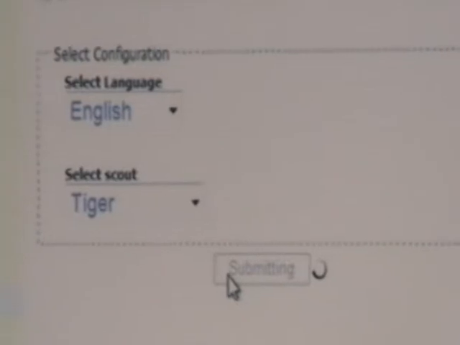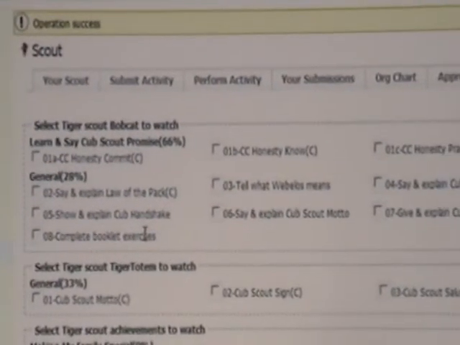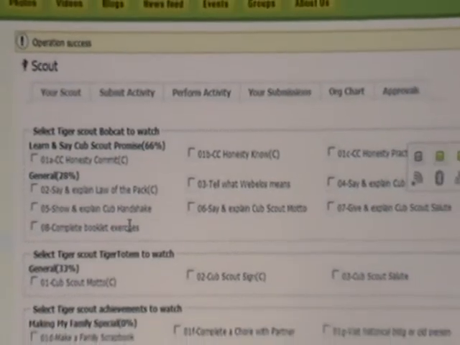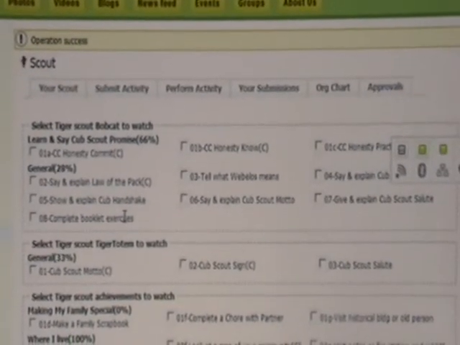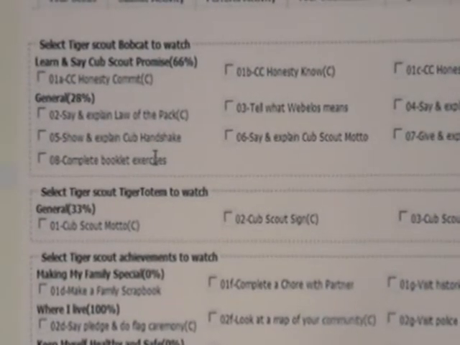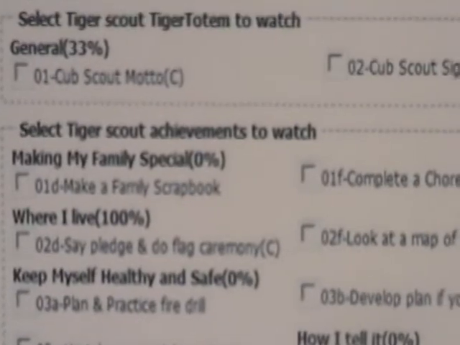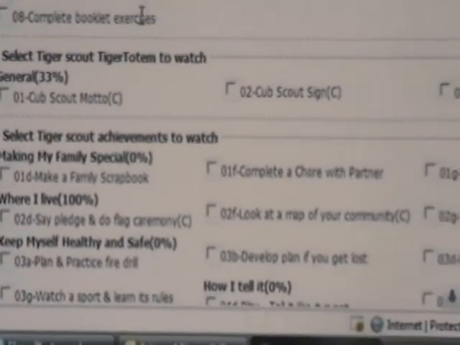This form is showing all the electives, Bobcat, all the activities which one needs to finish when he's in that particular den. So for tigers we have all these activities, and when I select any of the activities and say go, let me show you an example here of how to do that.